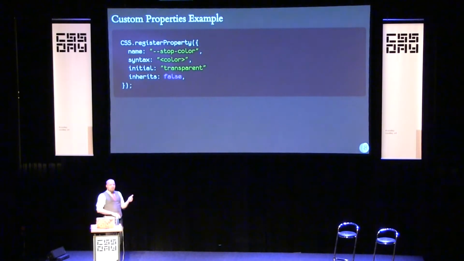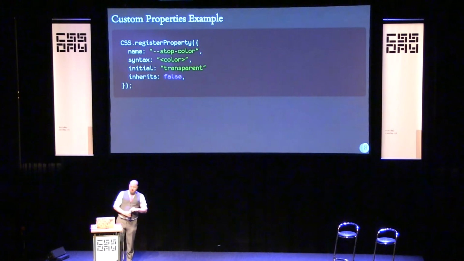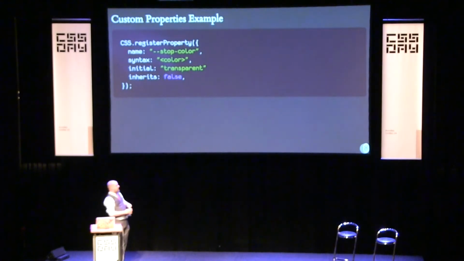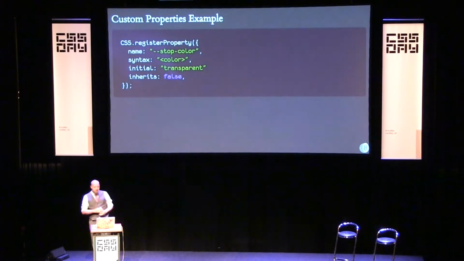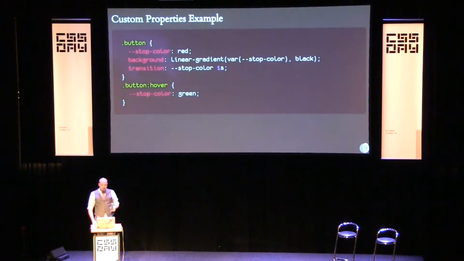We're going to create a stop color property that's going to be used in a gradient in a moment. The specification is real simple. You call css.registerProperty, pass it an option bag, tell it what the property is that you're registering, what its syntax is, using the same syntax that you see in specifications. So this one's a color. Tell it what its initial value is, transparent keyword in this case, and this does not inherit. This is meant to just apply to some background on one element, not on any of its children.